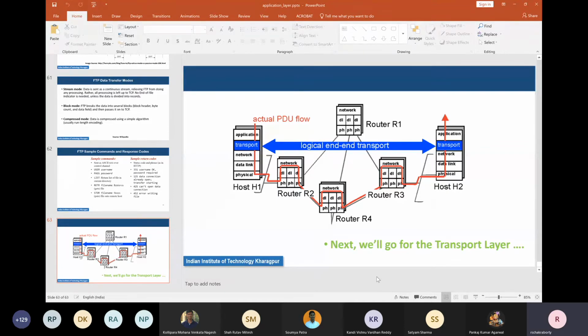It will probably be 1 hour. Maximum 1 hour 15 minutes, but not more than that. Probably we'll keep it just 1 hour. So if nobody has any objection, I will schedule the test from 4 to 5 p.m. on 30th January. I will send email through ERP so that all of you get email about it. I will also post the announcement on Moodle.